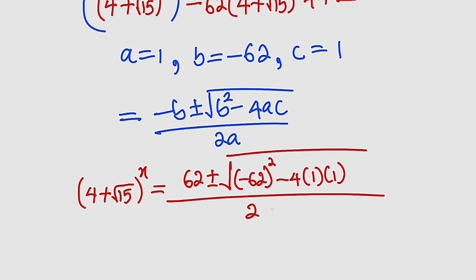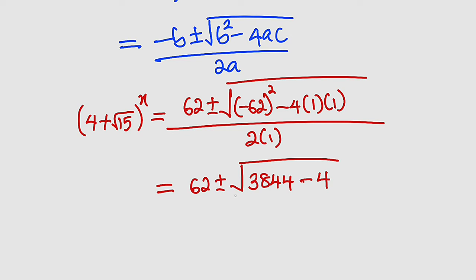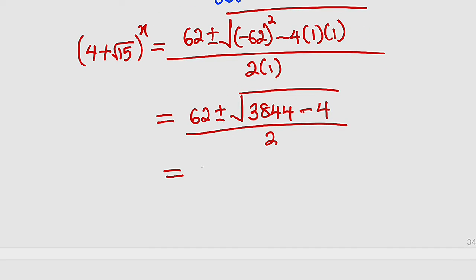Divide by 2 multiplied by a is 1. Okay, let me simplify the right hand side. This is equal to 62 plus or minus negative 62 to the power of 2, which will give us 3844, minus 4 times 1 times 1 is 4, divided by 2 times 1 is 2. This is equal to 62 plus or minus the square root of 3844 minus 4 will give us